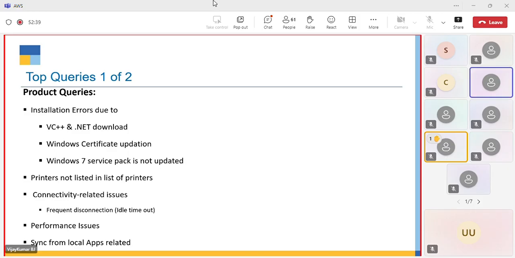Okay, then we have sync from local apps. For example, we are currently supporting some third-party apps like CredFlow, BizAnalyst. Okay, and so whenever there is an issue with syncing, what you can do is